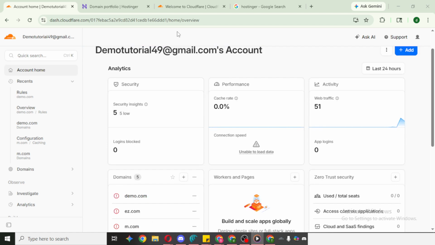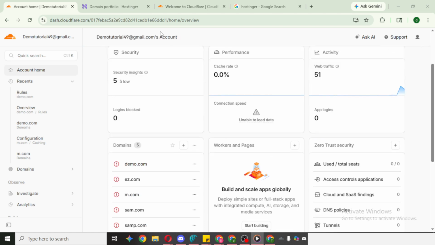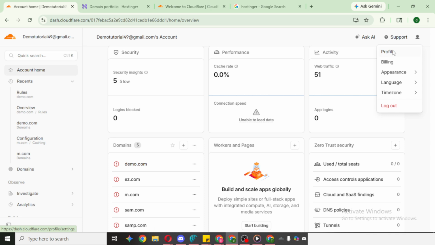Open your browser and sign in to Cloudflare using your usual credentials. Give the dashboard a second to load. You should see your home screen with your avatar or account menu in the upper area. From here, click Profile. This takes you to your personal profile area, where Cloudflare keeps options related to your user rather than to specific websites or accounts. It's the right place to handle privacy, security, and account changes.